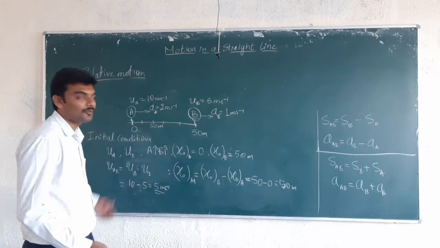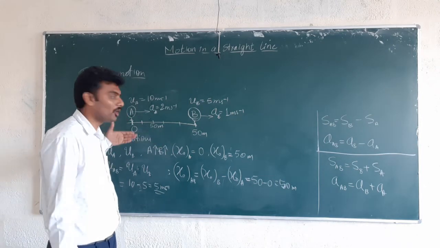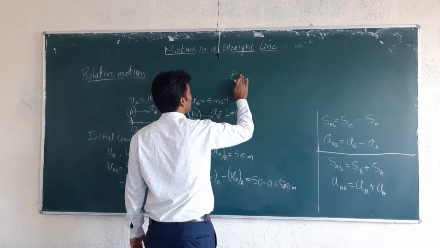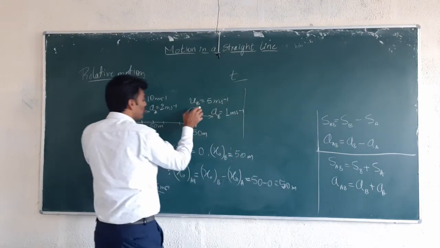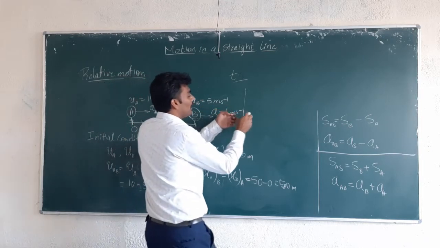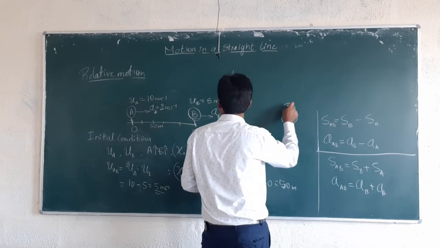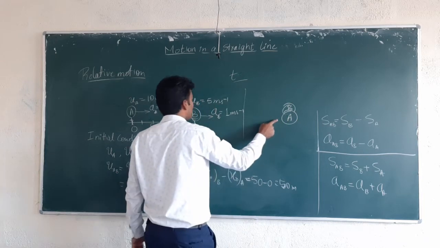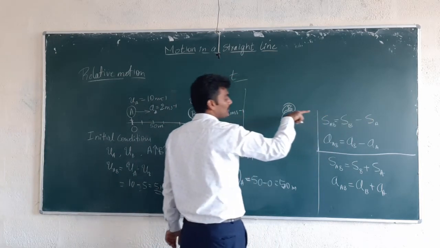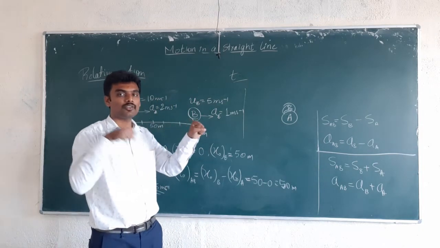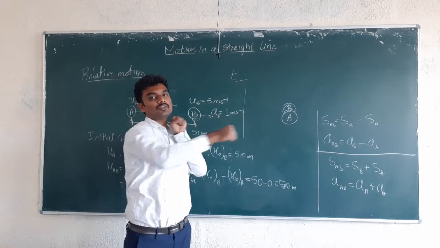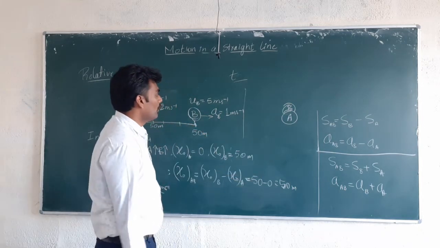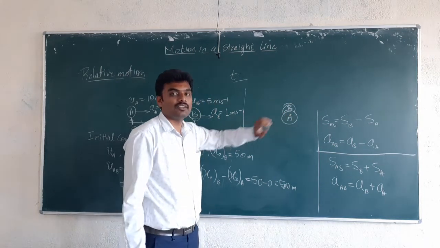Now what is asked to find? When does body A overtake, or when does body A reach body B? Say after a certain time t, what happens is, see, both the bodies will be moving, but body A and body B will meet at a certain point. From this point onwards, body A will move ahead of body B. Okay, isn't it? Body B is moving with a certain velocity, body A goes with high speed and overtakes it. Okay, just like this. So this is the final situation.